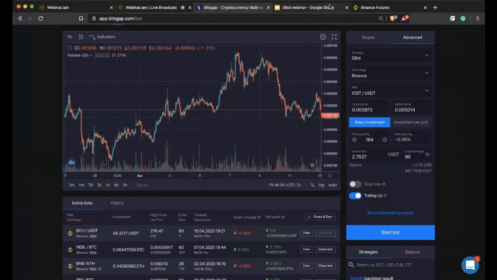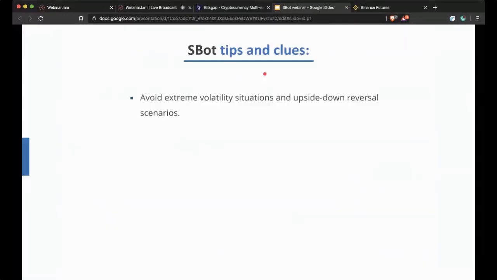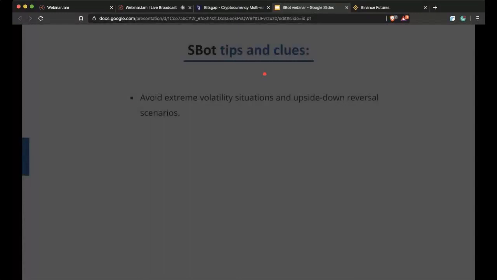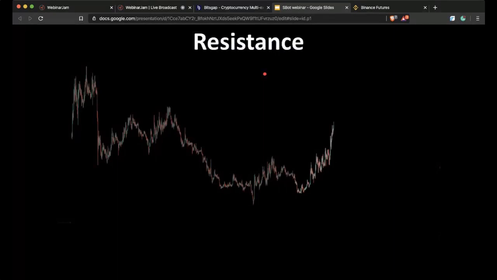So the key difference between the SBot and the classic bot is that they have a slightly different orders execution approach. And I will show you right now the example. But first of all, I will tell you about the tips and clues regarding the SBot. So first, avoid extreme volatility situations and upside down reversal scenarios. So let's say you see this kind of scenario on the market. The price is rapidly going upwards and it approaches the resistance level. So if you are an experienced trader, in this case, you would